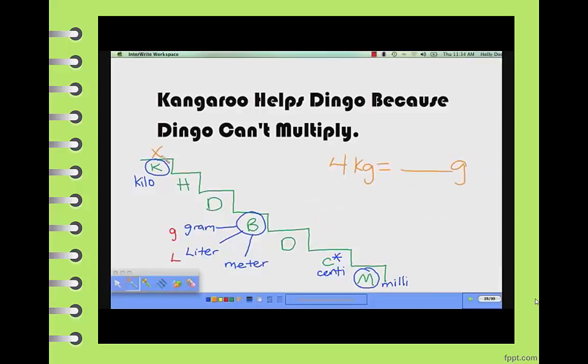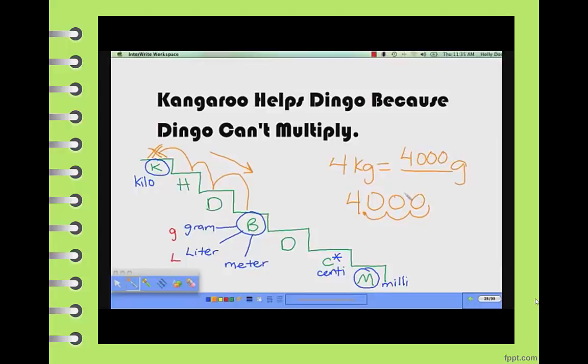In this example, we have 4 kilograms. We want to know how many grams that's equal to. Let's go ahead and start out on our kilogram step. We want to go to our gram step, which is the base. So that takes 1, 2, 3 steps to get there. Starting out with 4, it's a whole number, decimal at the end. We're moving that decimal 3 steps to the right, because as we go down the stairs, it's going to the right. 1, 2, 3. Fill in those holes with 0,